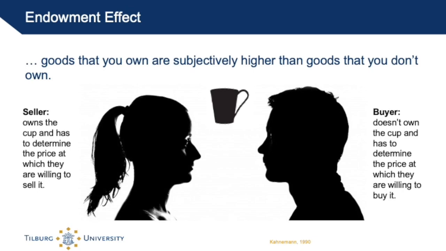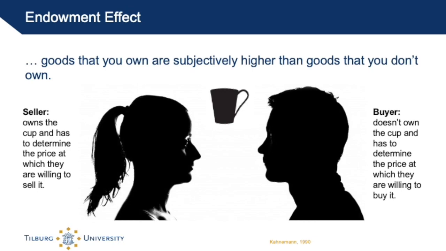So this means that if I'm a seller and I own a cup and I have to determine a price at which I'm willing to sell it, I will set a higher price than if I'm the buyer. As a buyer, I don't own a cup. I have to determine the price at which I'm willing to purchase it, and I'm going to say a lower